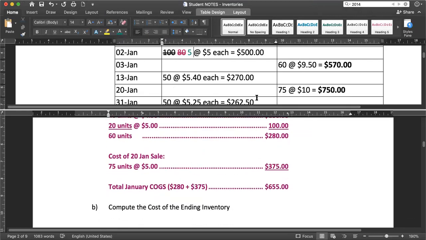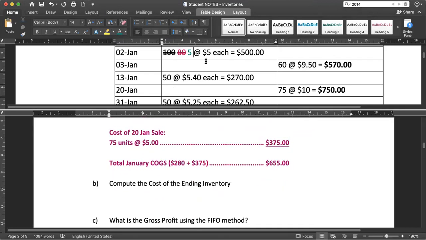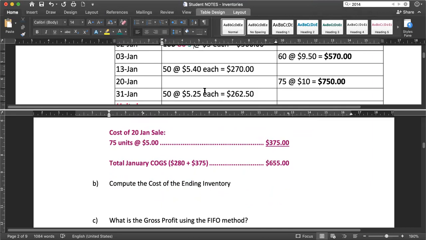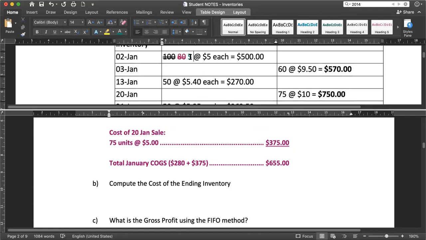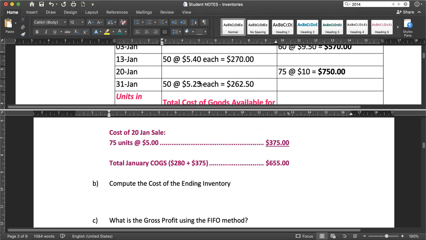So what is the cost of the ending inventory? Well, the cost of the ending inventory is the cost of what was not sold. And that would be 50 units that were at $5.25, 50 units at $5.40, and then these 5 remaining units at $5 each. So the cost of the ending inventory will be, and I'm going to start from the bottom and work backwards,